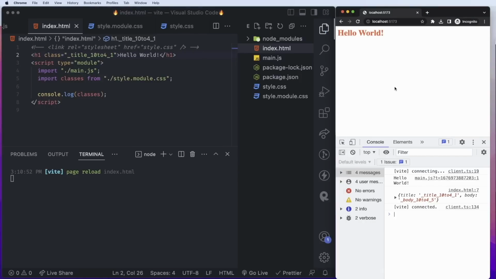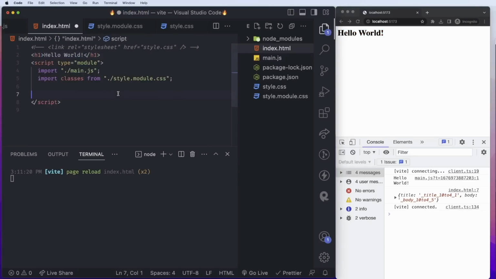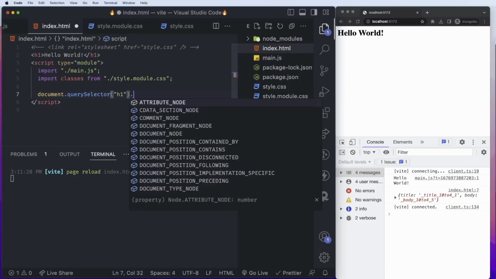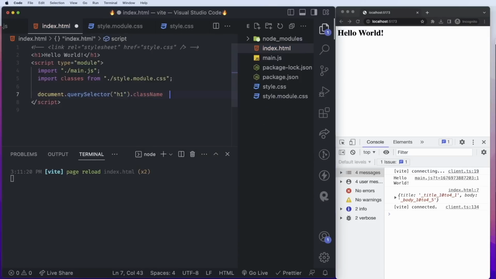But when we are making an application, we cannot do this. This is not an applicable solution. We cannot save this, console log the classes, check for that, then copy that, and paste it here. This is not something that we need. This is not something that will work. So what we need to do here is remove the class from here, and add the class dynamically using JavaScript. So for that, document.querySelector, and then we select our h1 tag, and then className equals classes.title,